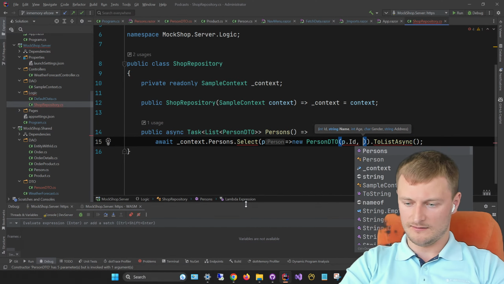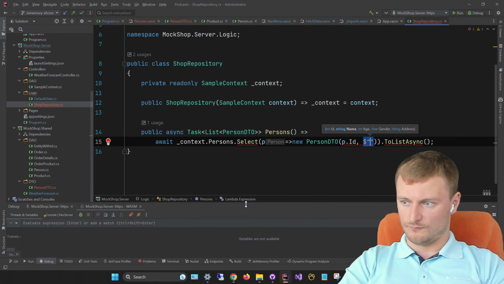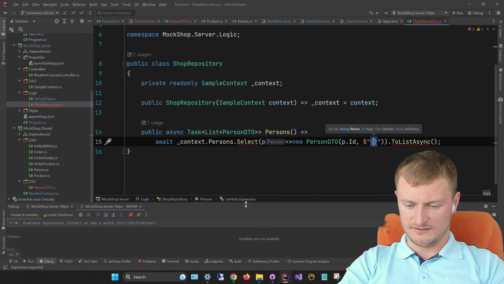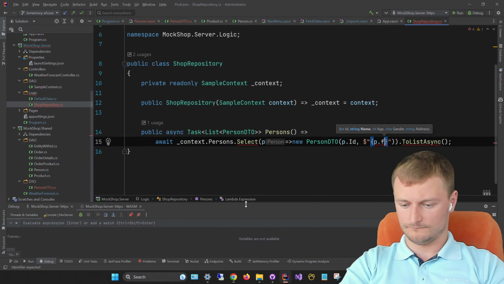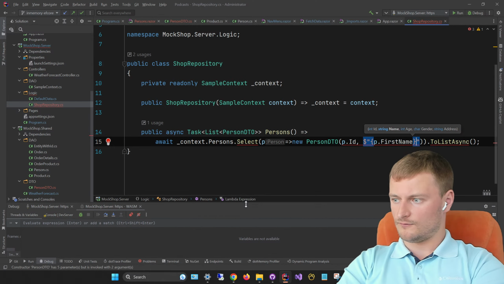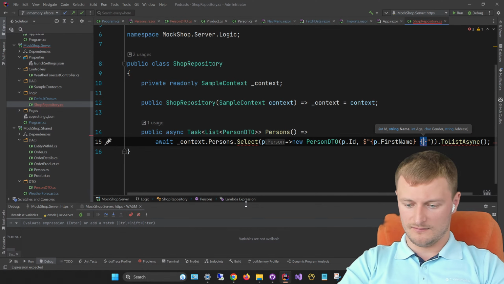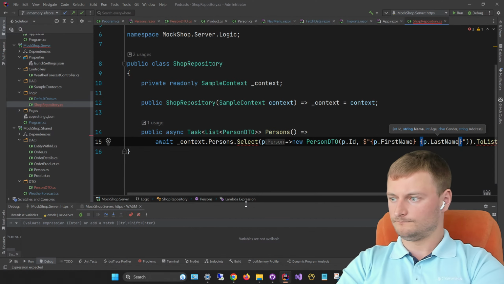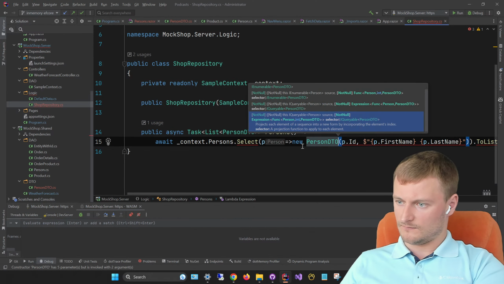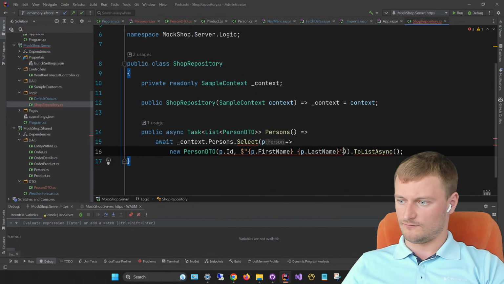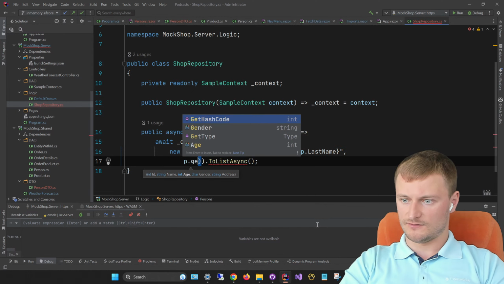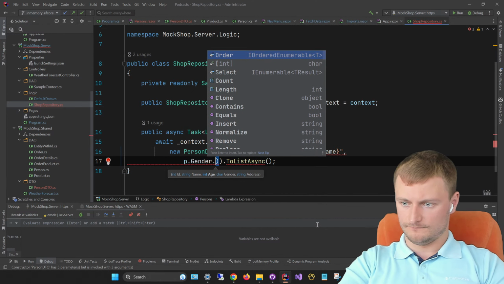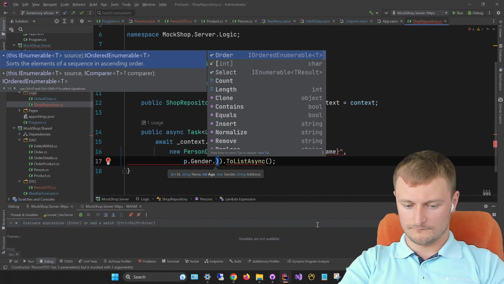So it will be ID, it will be the concatenation of the p dot first name, next p last name, and also it will have the p dot gender